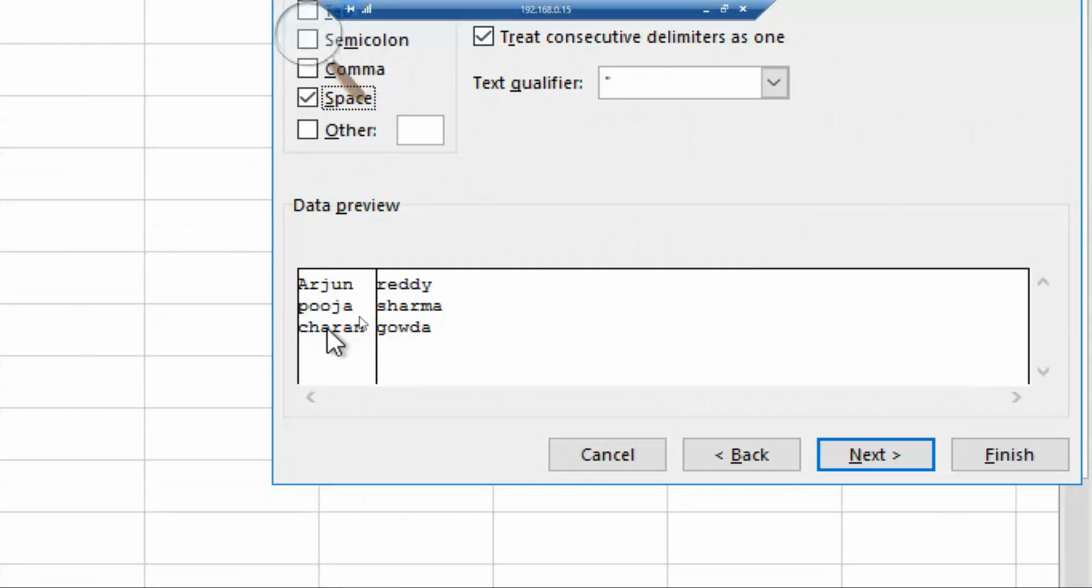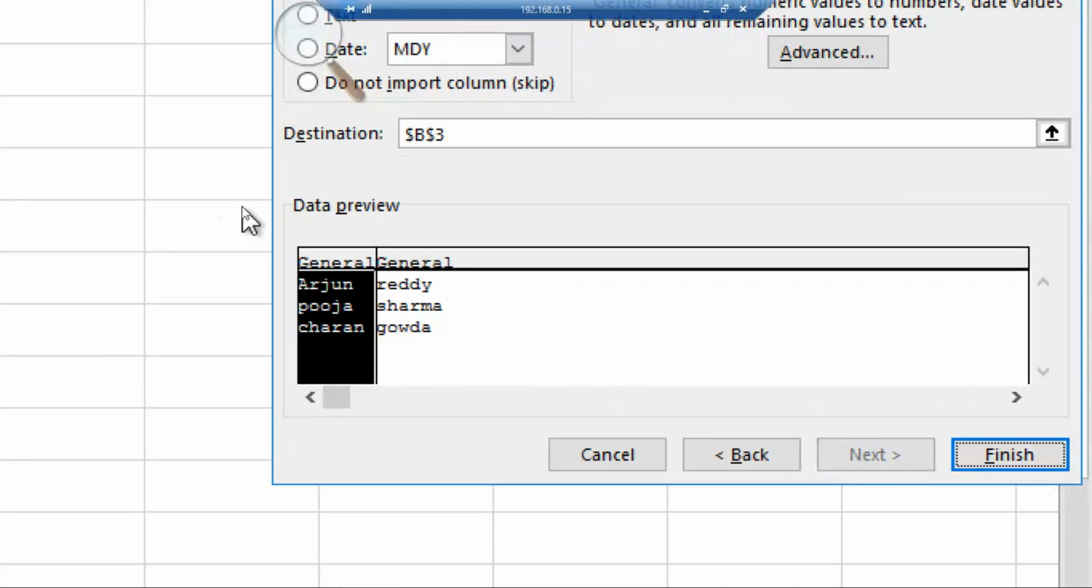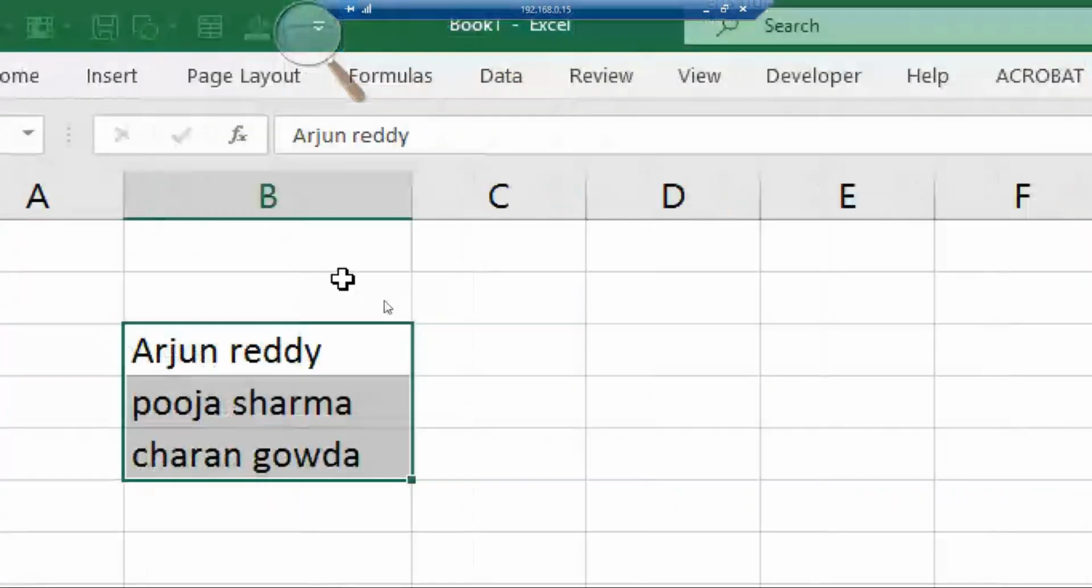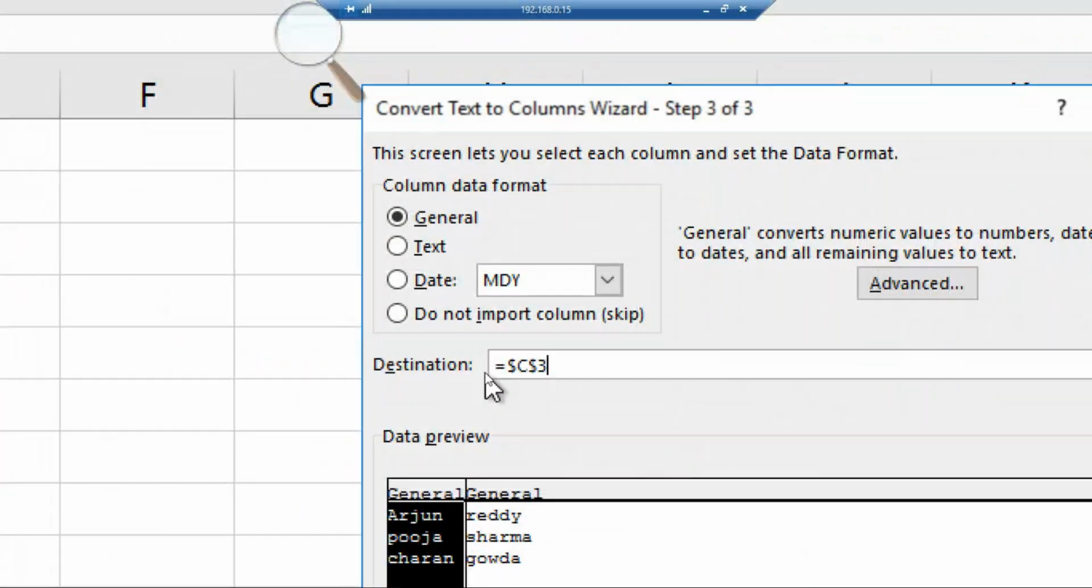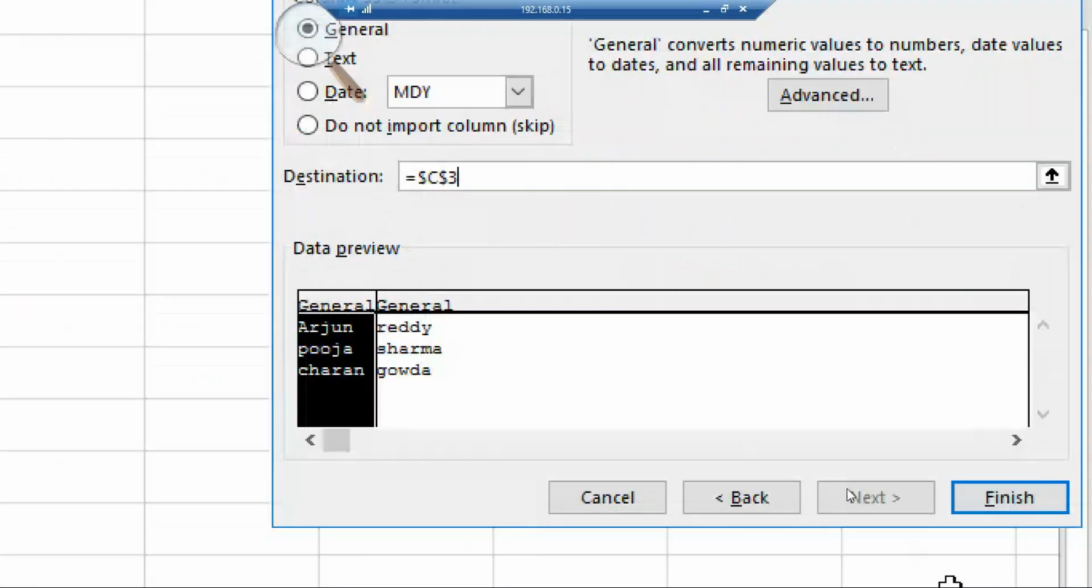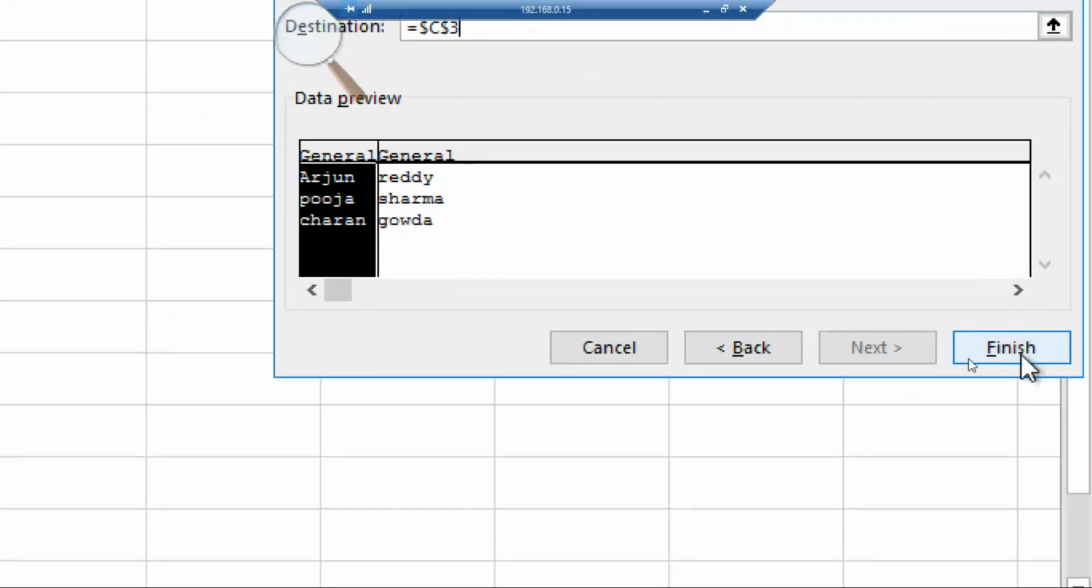This is the first column, this is the second column. Click on the Next option. So this is my data. Here it's going to ask for the destination, from where you want to display the information. I want to display from here. I selected the C3 option. After that, click on OK, Finish. Automatically it's going to split. Now see,